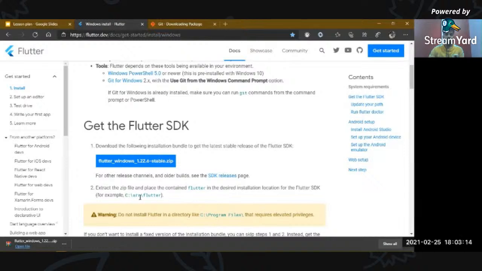So you should avoid saving your extracted zip file in the Program Files folder. Okay, so let's just keep it as C SRC Flutter. SRC could be any random new folder that you create. Yeah, so let's open it.